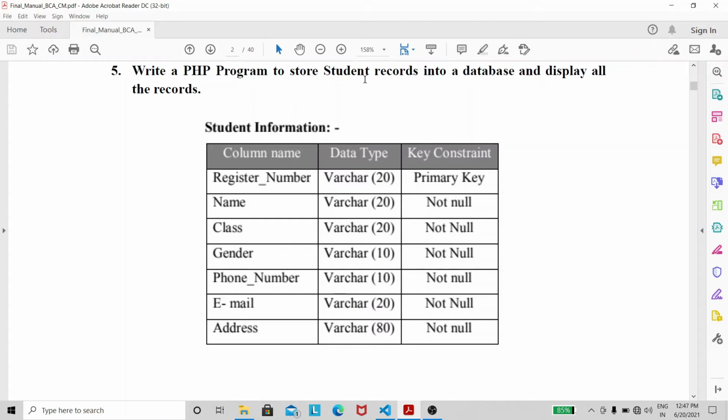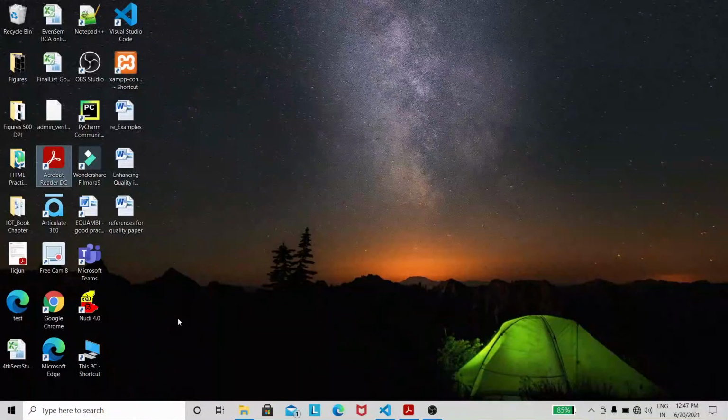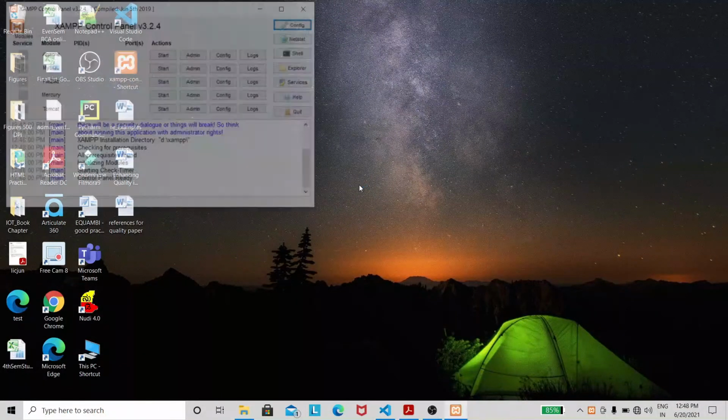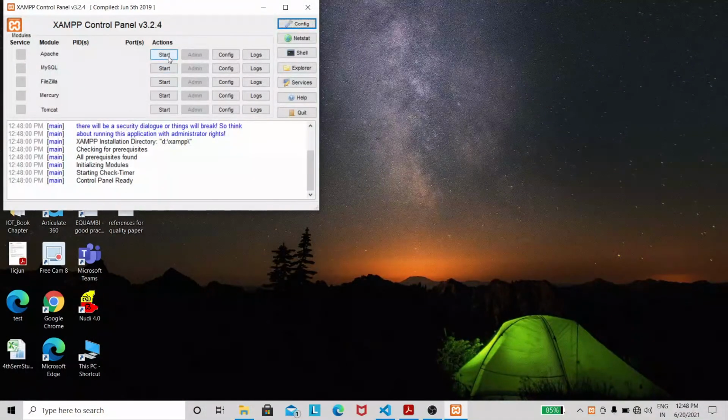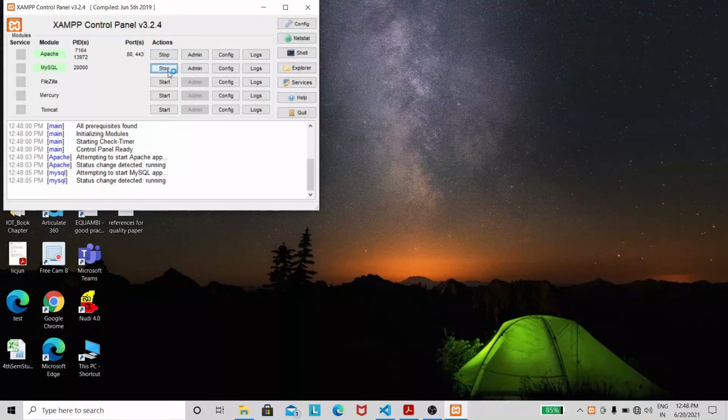So they've asked you to create a table first and foremost with these many number of fields. For this program, we need to first switch on the XAMPP server. So for that, I'm going to the XAMPP control panel and I'm going to start Apache server as well as MySQL database.